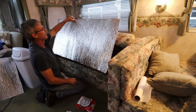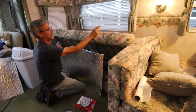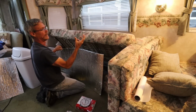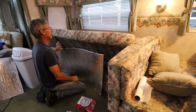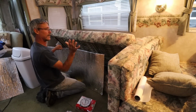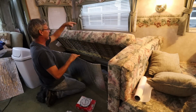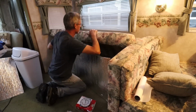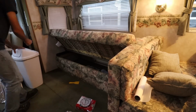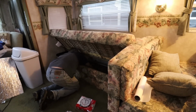I was going to leave this stuff with this camper, but then I thought, you know what? The windows in the ice castle, the fish house camper, are double pane. They're a real good glass, but if we're out there and it's 30 below, it might not hurt to put something like this between the curtain and the glass in the wintertime, like in that back sleeping area. So I think I'm just going to keep this stuff and put it underneath one of the storage areas. And then if we need it, we'll have it. I don't need it in the glass in there in the summertime because it's already mirrored. It kind of holds that away, but